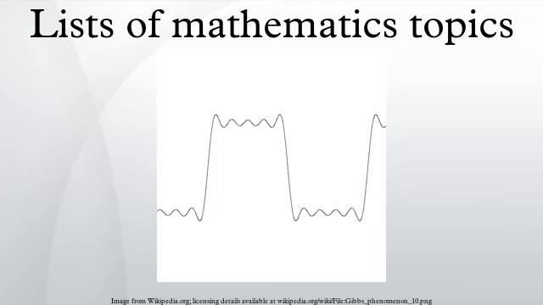list of things named after Paul Erdős, list of things named after Fibonacci, list of things named after Ferdinand Georg Frobenius, list of things named after Carl Friedrich Gauss, list of things named after Évariste Galois, list of things named after Jacques Hadamard, list of things named after Erich Hecke, list of things named after Charles Hermite, list of things named after W.V.D. Hodge, list of things named after Carl Gustav Jacob Jacobi, list of things named after Felix Klein,